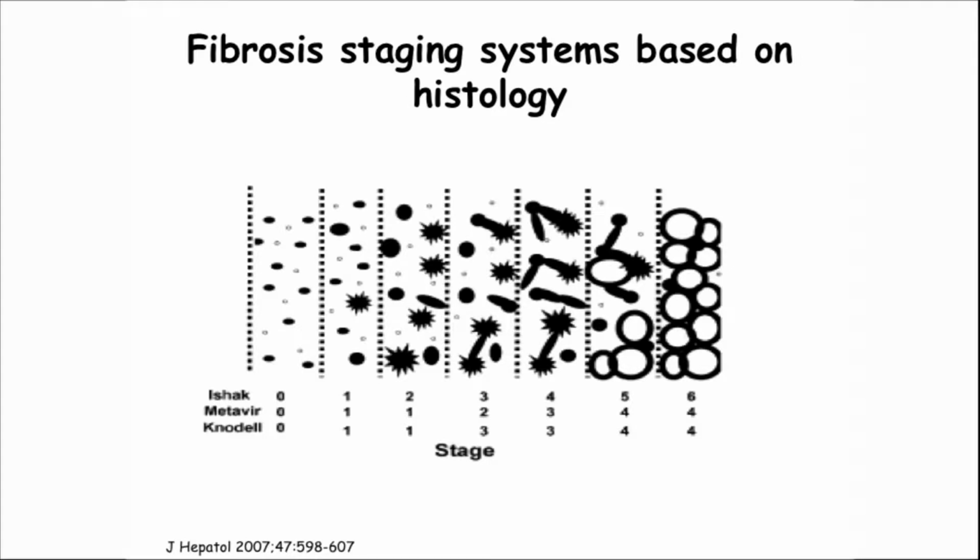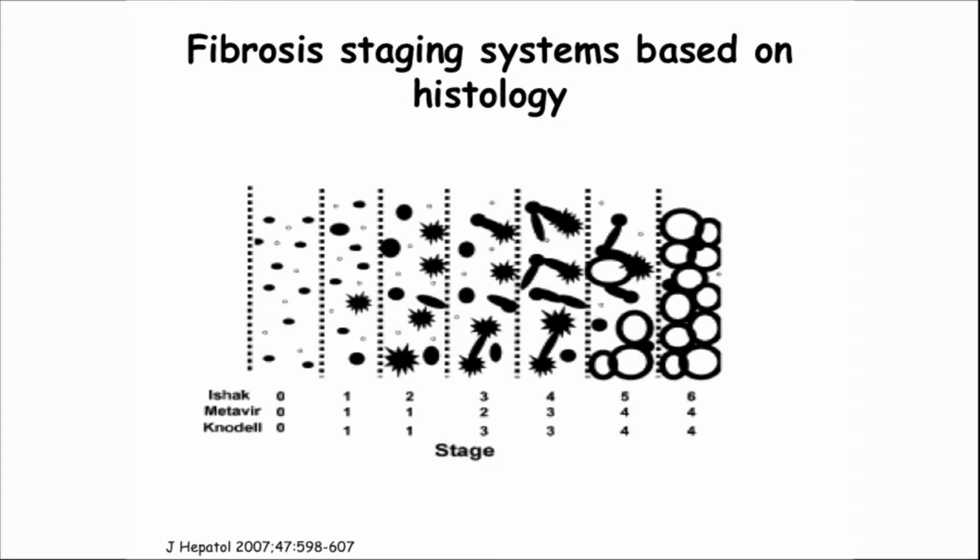There are a number of different staging systems. So there's Ishak, there's Metavir, there's Nodel, but all of these basically describe what's happening within the context of a liver biopsy in terms of collagen deposition, initially within the portal tracts, and then portal bridging, and in the end